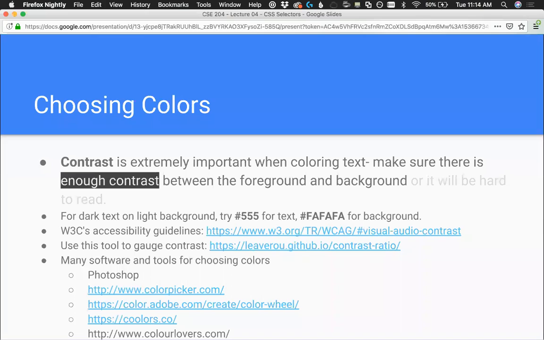So contrast is really important when choosing the colors, especially for your text. You want to make sure there's enough contrast that's easily readable. If your contrast is too low, like this text here, it's kind of hard to read. It's even part of the accessibility guidelines and part of the ADA requirements for accessibility to maintain a high